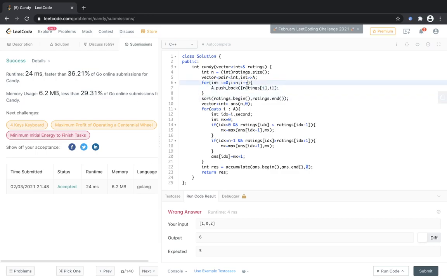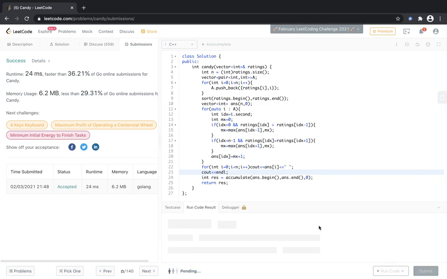So this is sorted in the right order, so again let's print everything. Yeah.